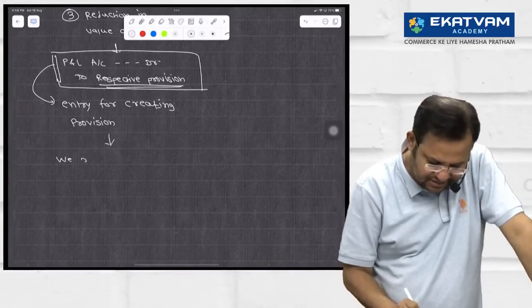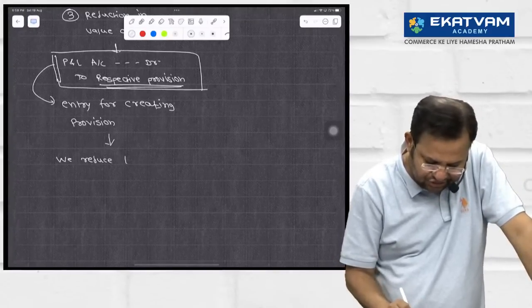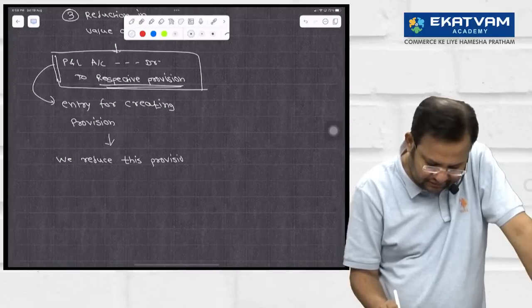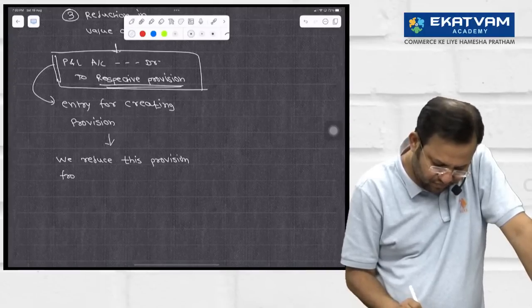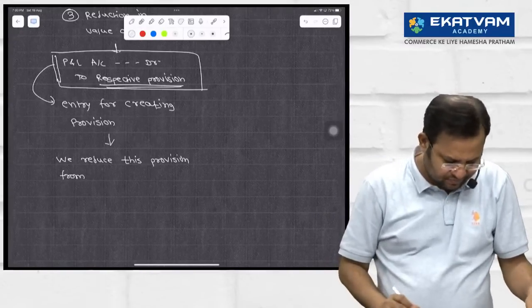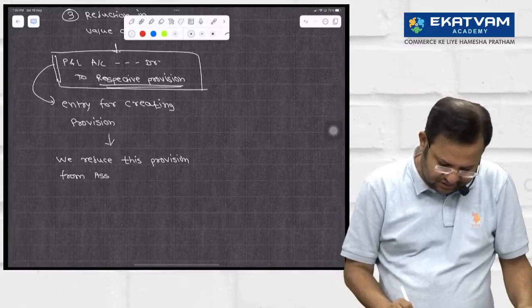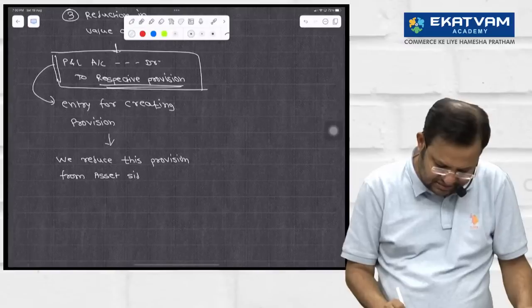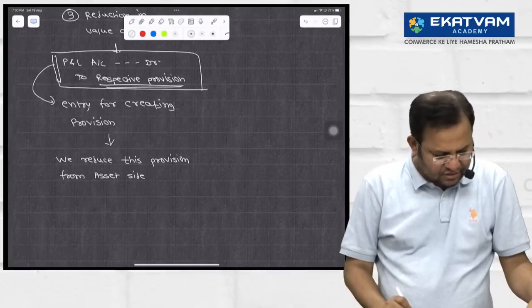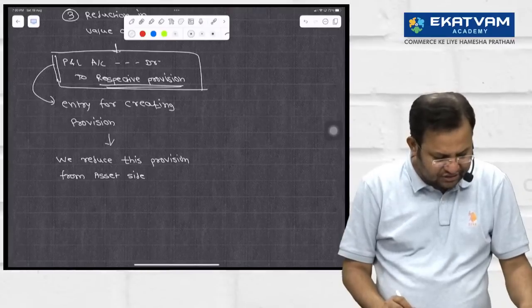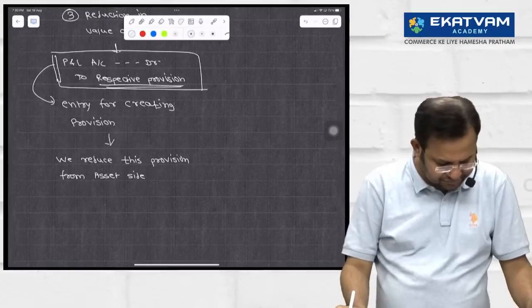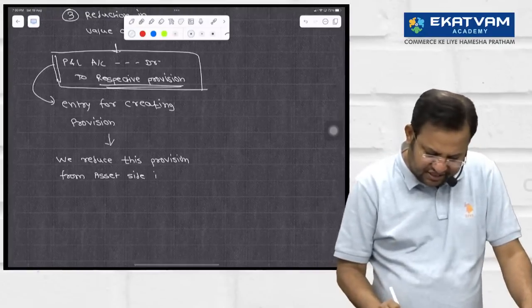We reduce this provision from what? We reduce this provision from asset side. We reduce this provision from what? Asset side. Instead of